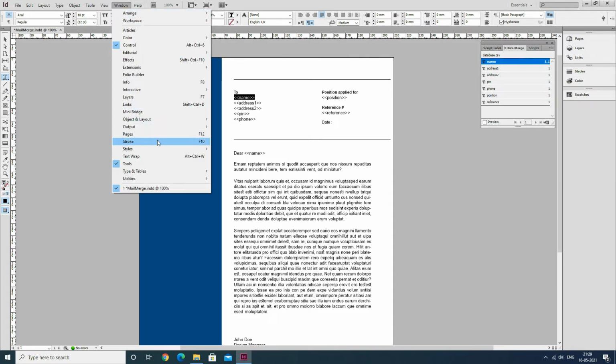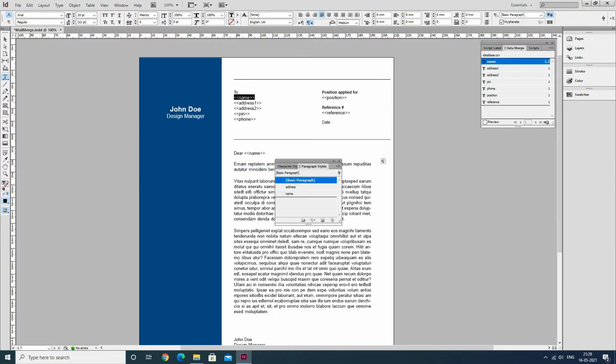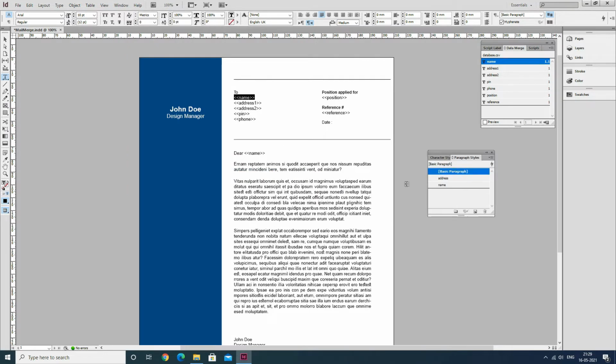Open the paragraph styles panel and apply the name style to the name field and address style to the address field.